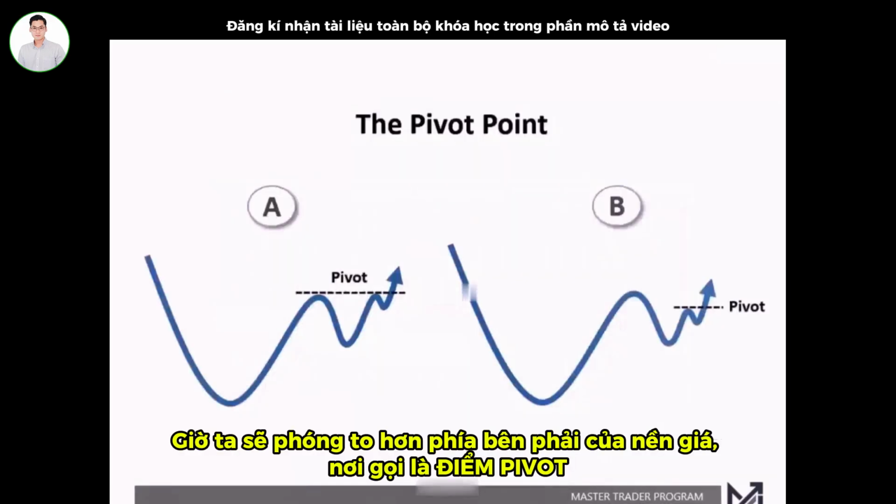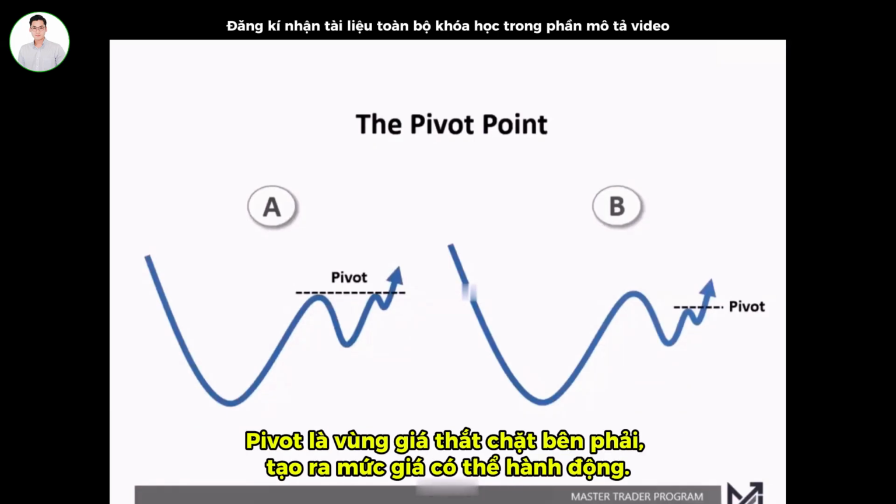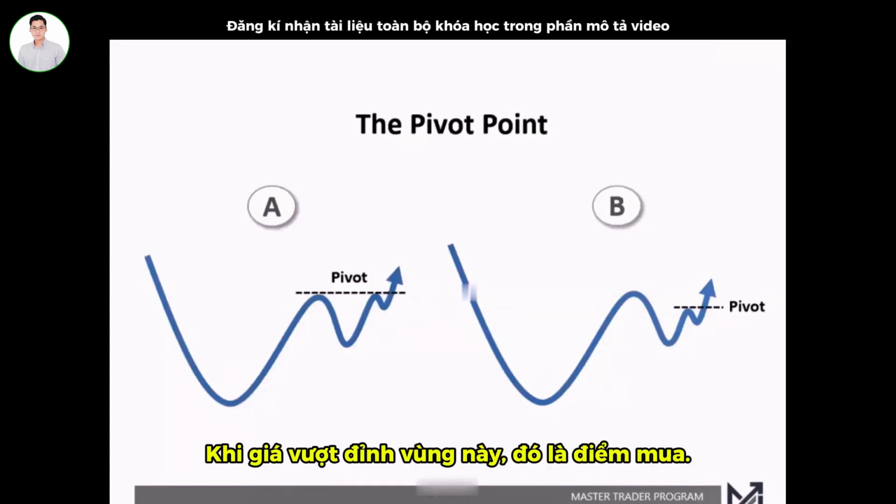Okay, so now we're going to actually zoom in a little bit more. We're going to come in and zoom up and really take a look at that right side. So this is what we call the pivot point. And a pivot point is simply a tight area or a price formation on the right side that is an actionable price. When you get through the high of that price point, that's where you're going to be placing